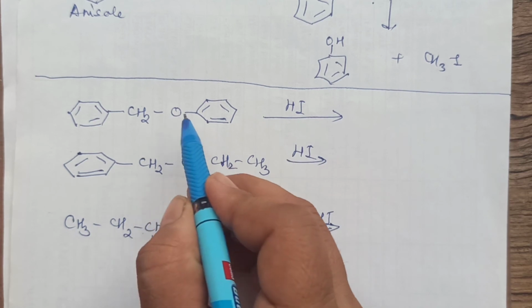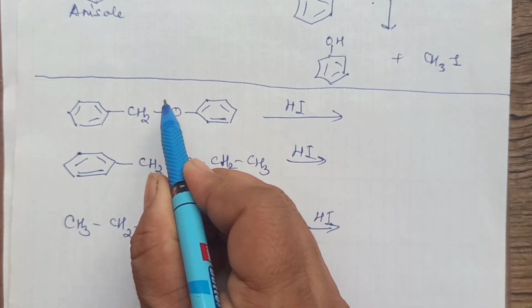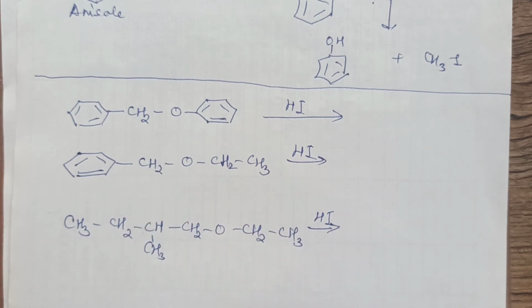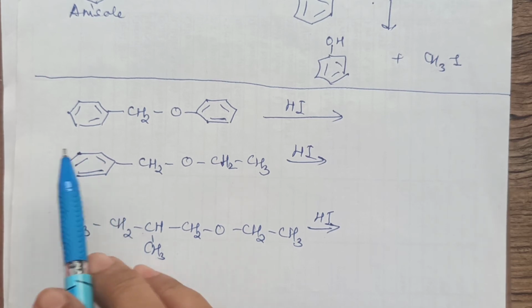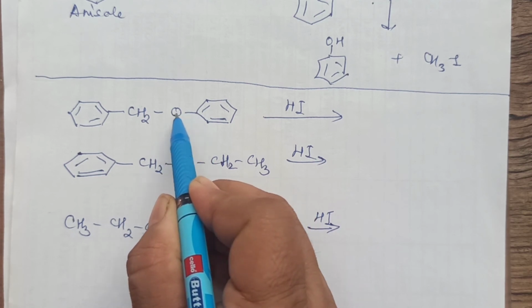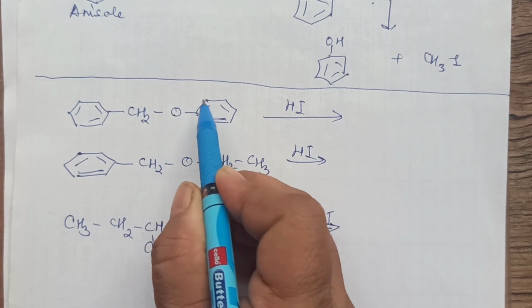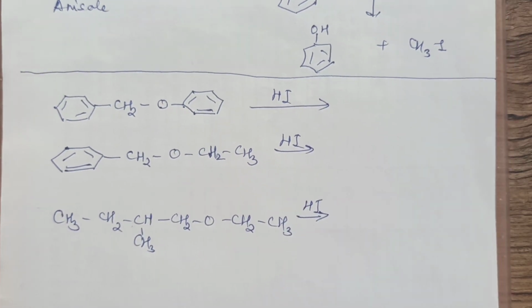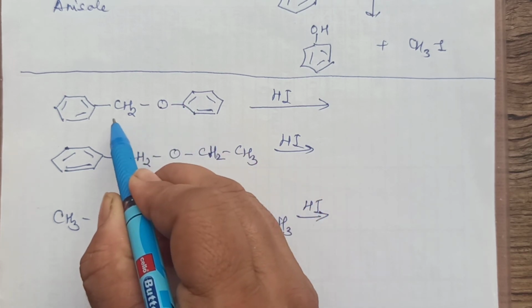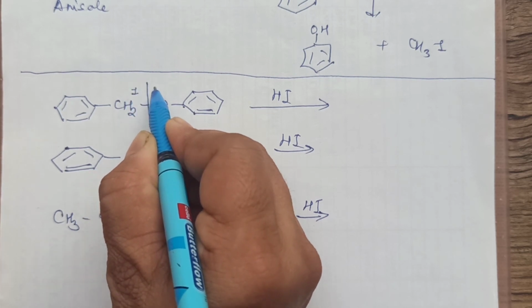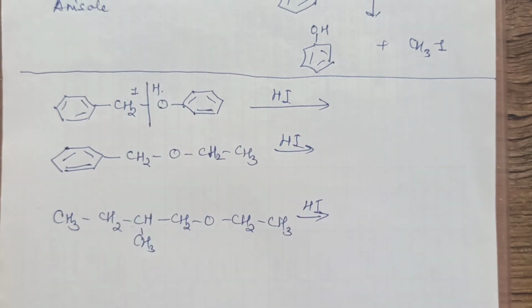This H, we know H has to attack. Then you will get that positive charge on O. And then you see, if on one side there is a possibility of a stable carbocation, then SN1, otherwise SN2. You have a ring on both sides. But now the problem is this side you have a carbon oxygen bond, the ring is attached to the oxygen. I told you already that this bond will never break. So the other side bond will break. It will break like this. You will have I here and you will have H this side.